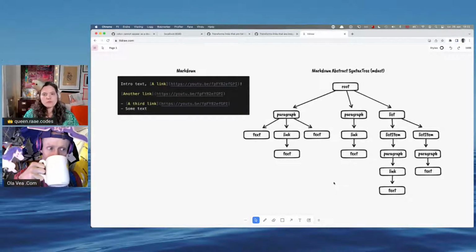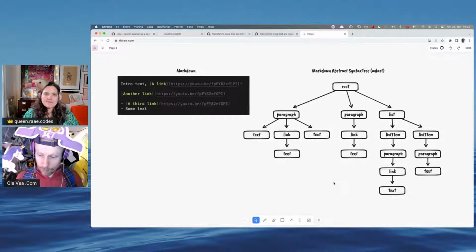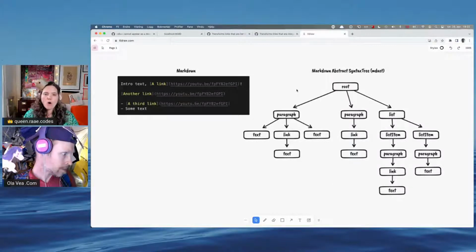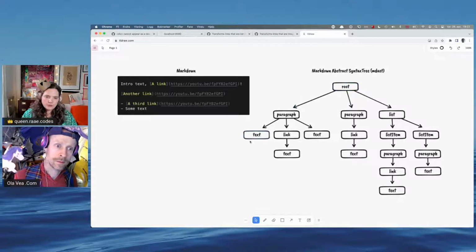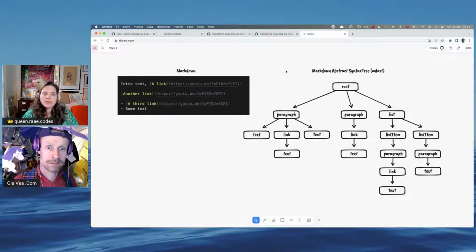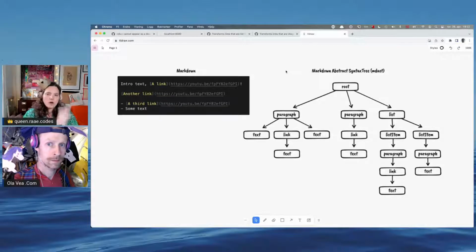And what we often do with these syntax trees is that we do transformations on them. We walk through every node, it's called walking, and there are different ways of walking. You can walk from the root all the way down to a leaf, and then back and all the way down to another leaf. I remember this from university. There are different ways of walking, but we often don't have to write these walking algorithms ourselves because there are a bunch of different algorithms ready for us, so we can walk through all of the nodes.